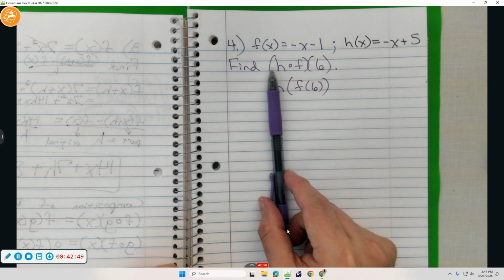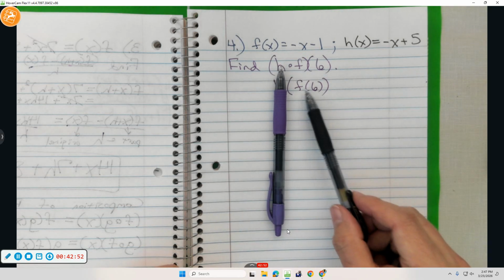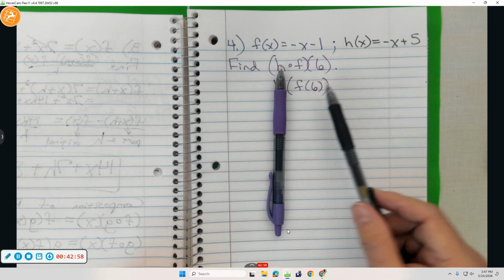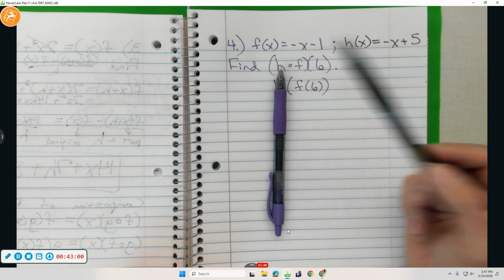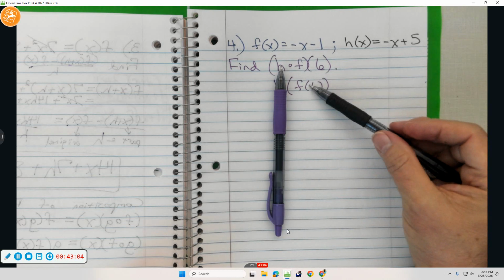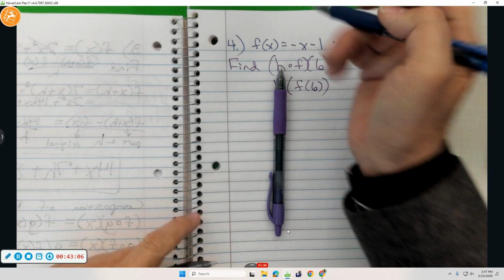Ignore that h for the time being. F of 6. We were doing this the last time. What is f of 6 saying to do? You're going to come up here to f, and wherever you see an x, you're going to replace it with a 6. So you have a negative